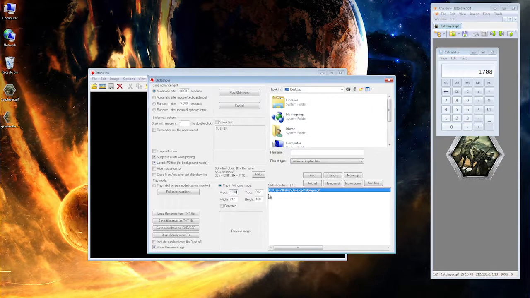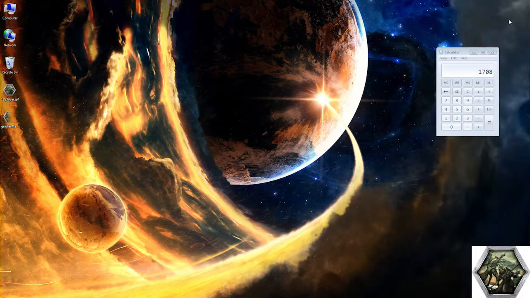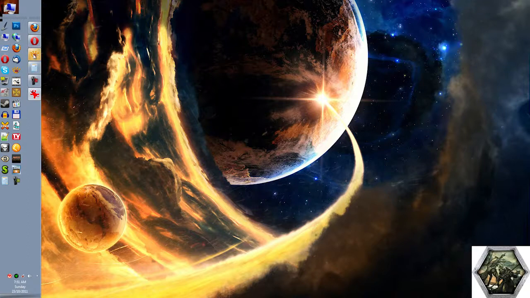Now if I hit play slideshow, it appears perfectly in the bottom corner of the screen, and that just looks fine. And there is another way you can do this as well. Once you've got your screen set up the way you want, just press the print screen button and then go into a program like